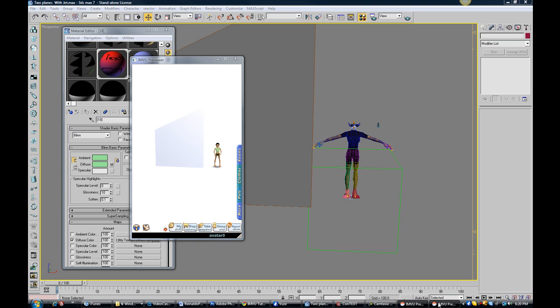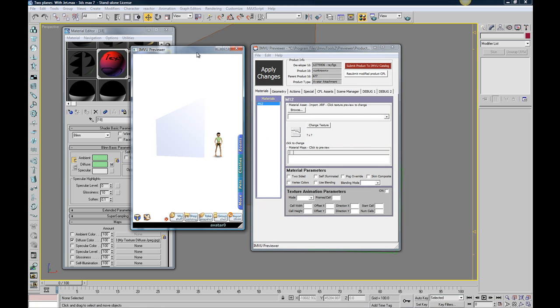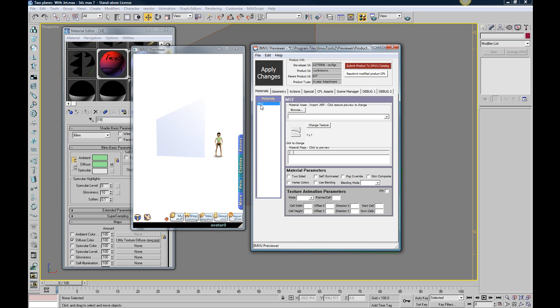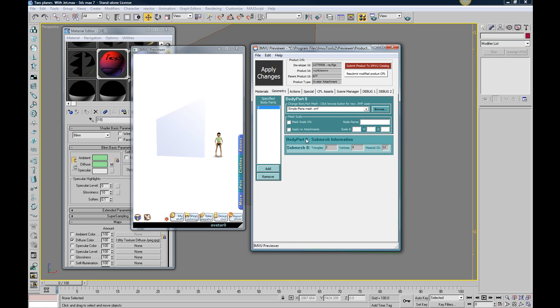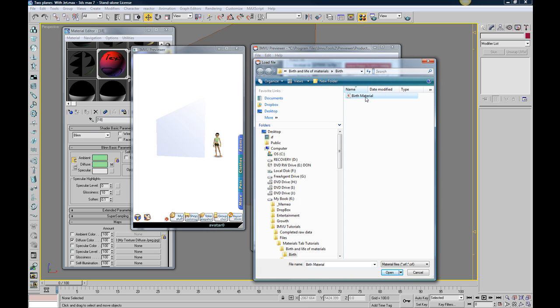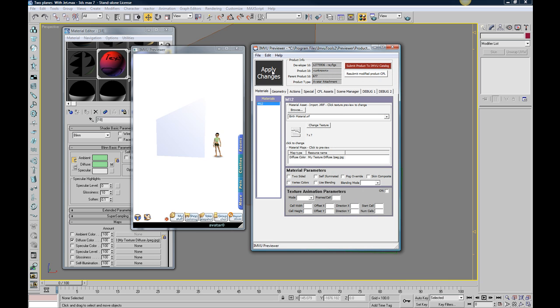So let's open up the previewer. Okay, in this case, I have the material 12, which is what this mesh exported. Remember, the one with 18 had 18 on it. So I'm just going to go ahead and import my material. Now, if you remember, that birth material had the ID of 18 on there. We'll see in just a second whether or not that's going to crash anything. So I'm going to import that, hit apply, and right now everything is working. So if we look at our material, the birth material,